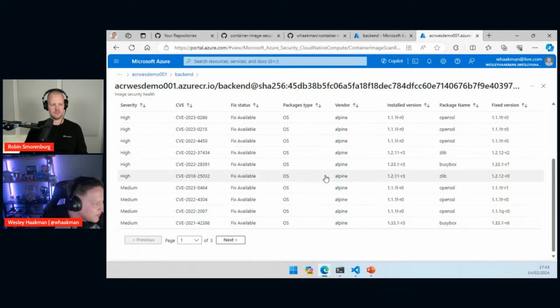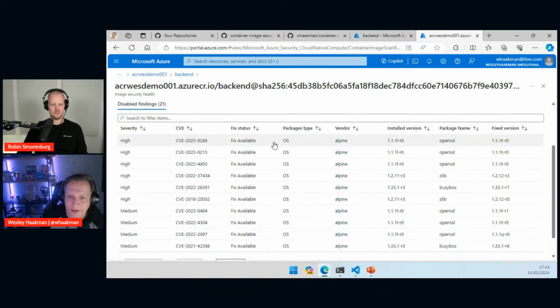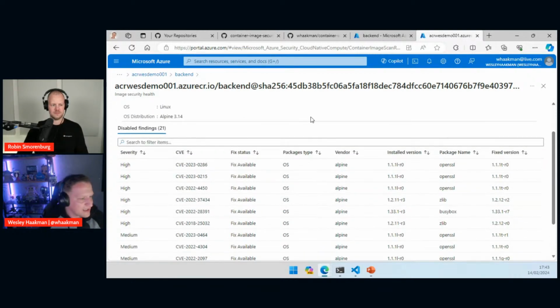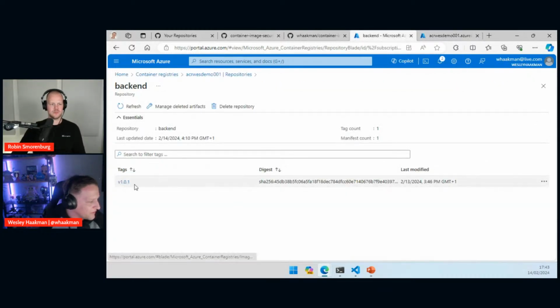There's 3 pages, 21 vulnerabilities, or 21 things that need patching. So technically, if we now run Copa and we let it check for this specific image, we should end up with a .2 patch version